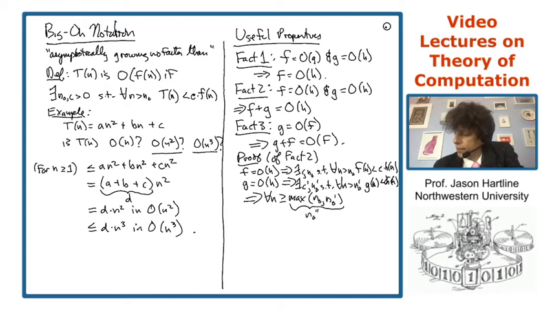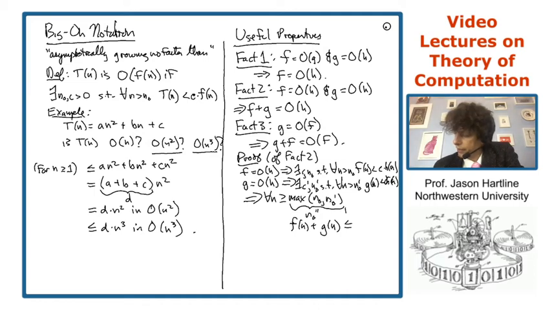For all n bigger than the max of these, f of n plus g of n is less than or equal to, well, now I'm just going to take these two equations that I have and